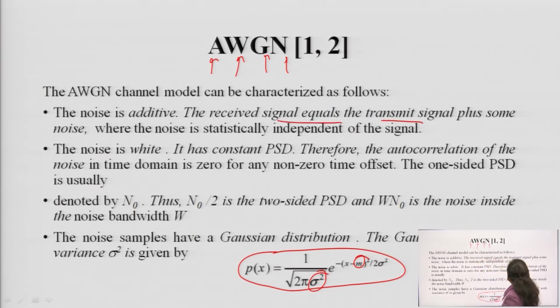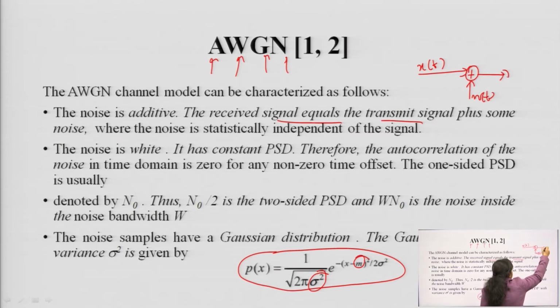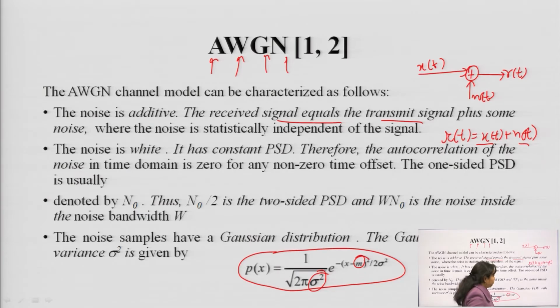Now, the noise is additive in nature. The received signal equals the transmit signal plus the noise. The noise is statistically independent of the signal. Let us say this is x(t), and this is added together with the noise to give the received signal. So, you can directly write r(t) is equal to x(t) plus n(t). This is only possible when the noise is uncorrelated with x(t). If it is correlated, you have to perform multiplication in the time domain and convolution in the frequency domain, but if it is independent in nature, then you can directly add them together